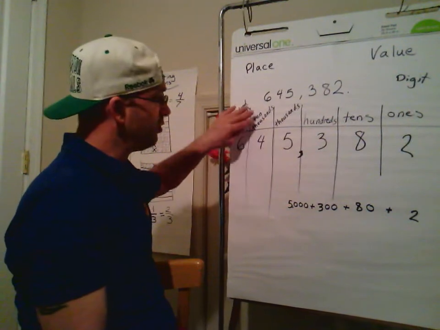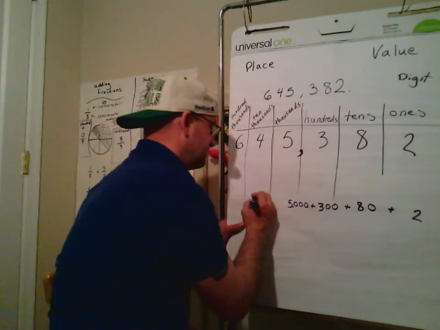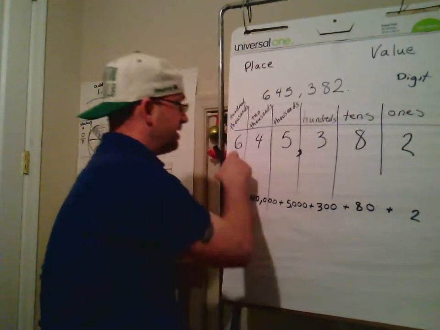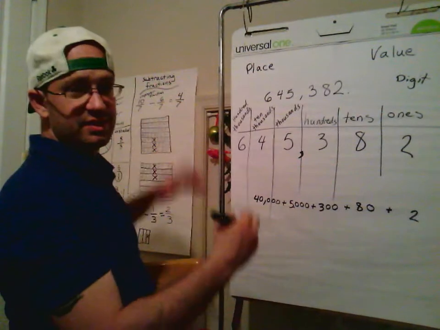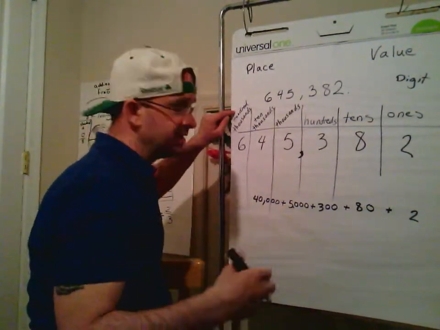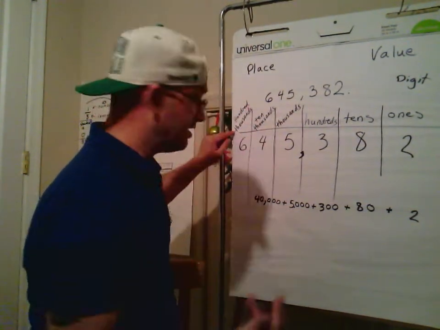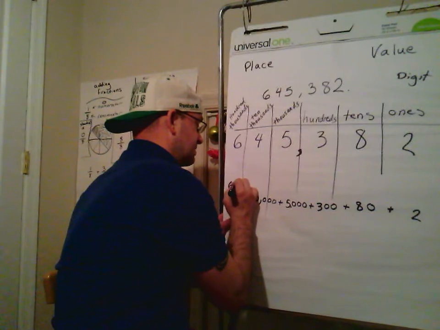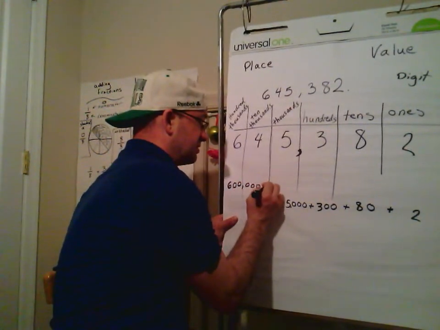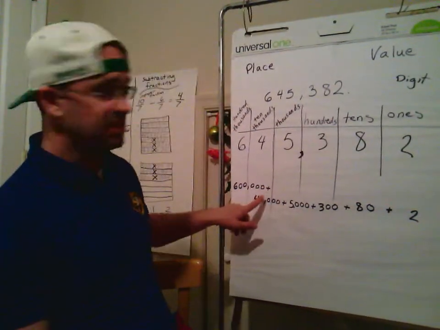So 40 and thousands is 40,000. And this 6 is way over there in the larger place. It's the hundred thousands. So 600,000. So here we have our 600,000 plus